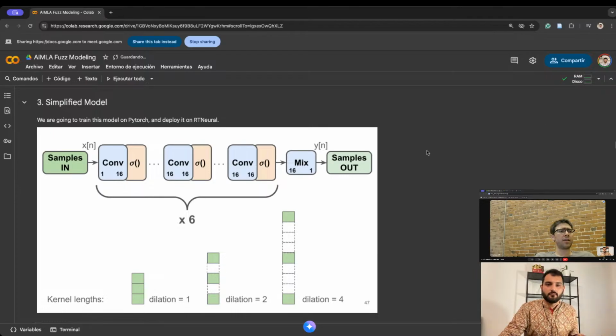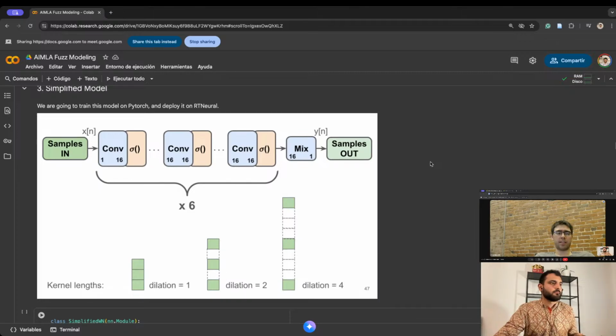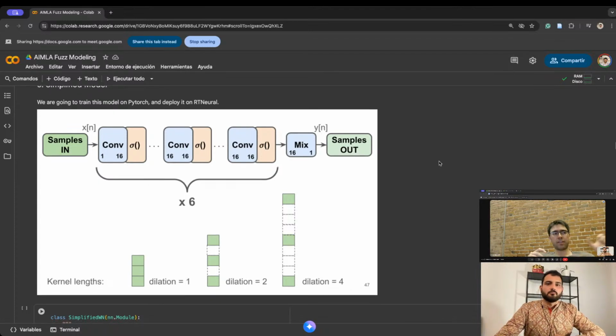Yeah, definitely. So the general idea is that it's going to be like the convolution stack network that we saw in the slides earlier. So basically, we have convolution layers. Each convolution has an activation layer after it, and then the dilations of the convolutions are going to be growing in powers of 2 as you go up. And the difference between this model and the model that we saw in the slides is that instead of doing skip connections, we're just going to keep everything sequential and put it all together at the end. Yes, fantastic. And what about the dilations?